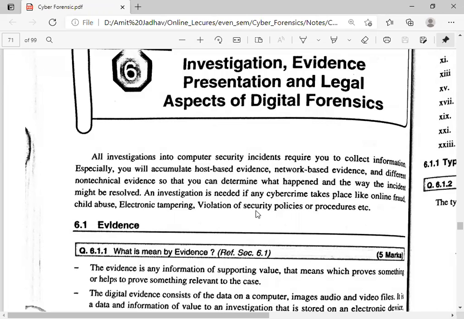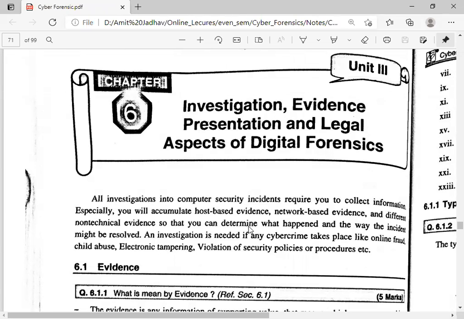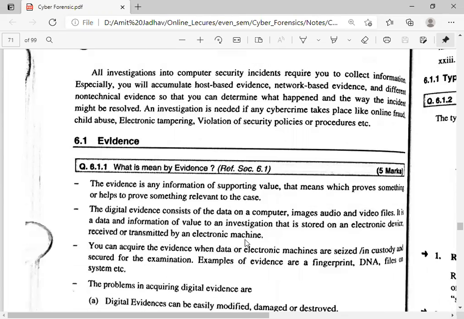Different digital crimes happen day by day, and there are different ways to collect the evidence, like restoring an image, then creating the forensic image. So these are the different ways that are used to collect the evidence. But after collecting it, we must put it in a court. For that, different ways are available that we are going to see in this chapter. So let's first see what is evidence.